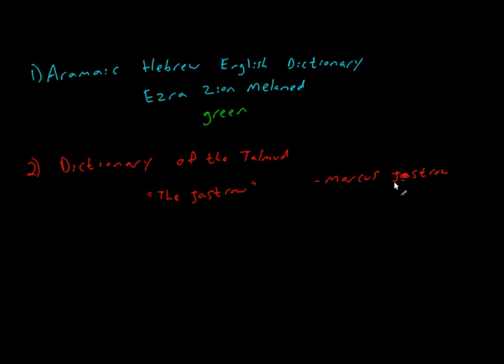This is A. Marcus Jastrow, and this dictionary has everything. It has almost every single word you're going to find in the early Rishonim and the Gemara and Mefarshim and everything like that. You're just going to have everything. It's very hard to find words sometimes because you have to know the root of the word. It doesn't break it down for you, but it has everything,